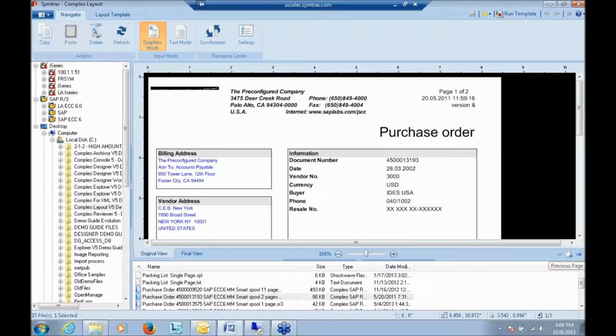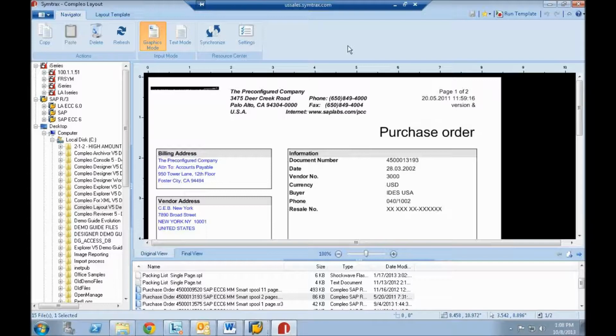Okay, so Compleo Layout is a business document form redesign solution used to modernize, enrich, and improve ERP outputs such as PDFs and graphic spool files. Layout is directly accessing existing business documents, forms created by various systems such as SAP, OTF, and SMART. It improves their content and quality by adding elements such as barcodes, images, table text, that type of thing, and the final business document can be distributed securely by mail, fax, email, or web services. So here we have